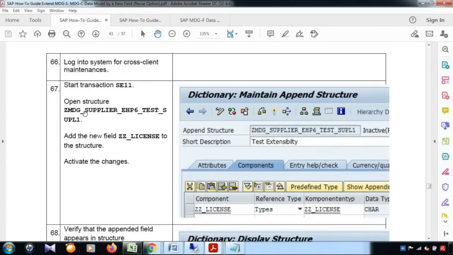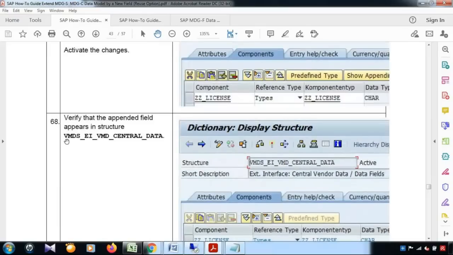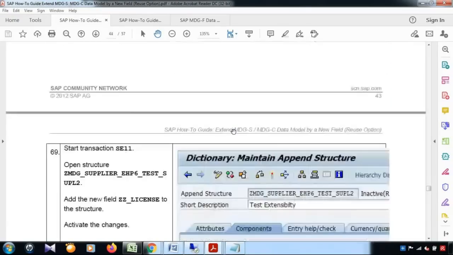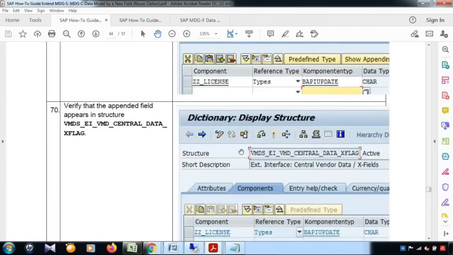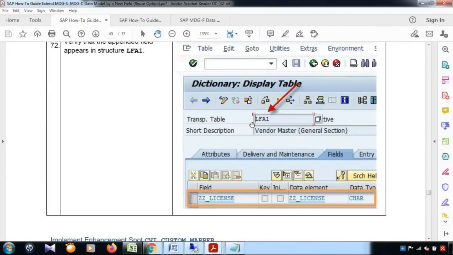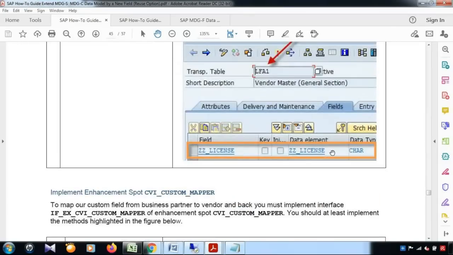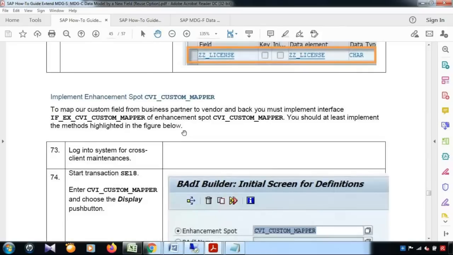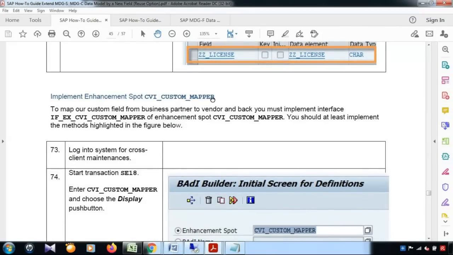So these are all some structure, central data and all. Just follow that structure details. LFA1 anyhow you need to do, even if you are doing only for vendor. Now the only thing which you need to do additionally in this case is the CVI mapping,